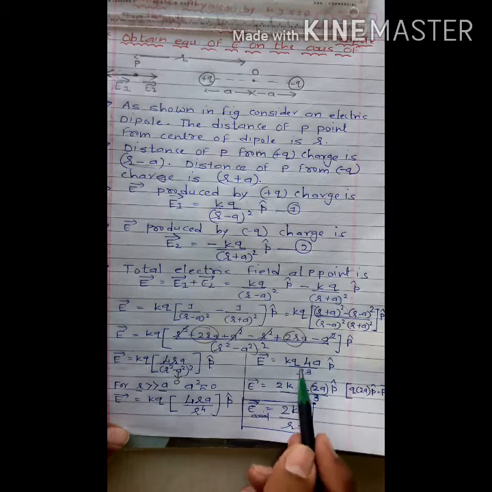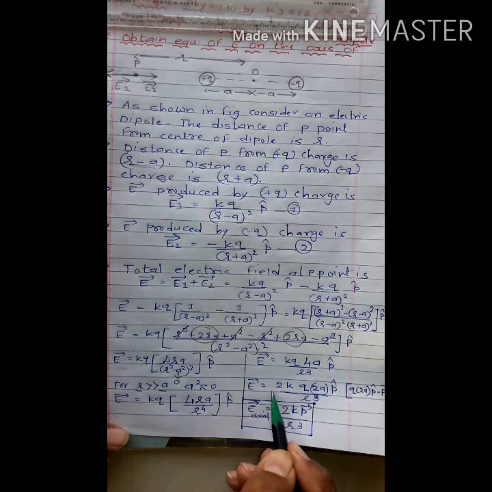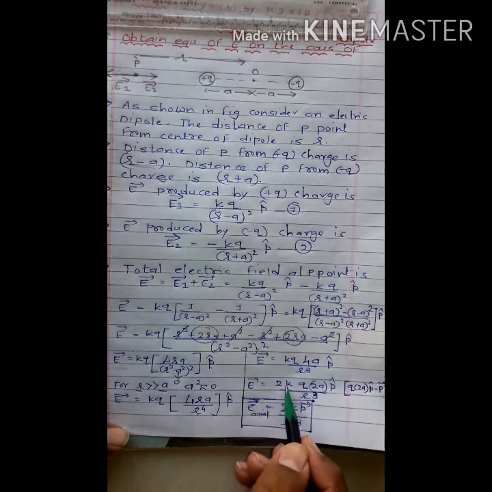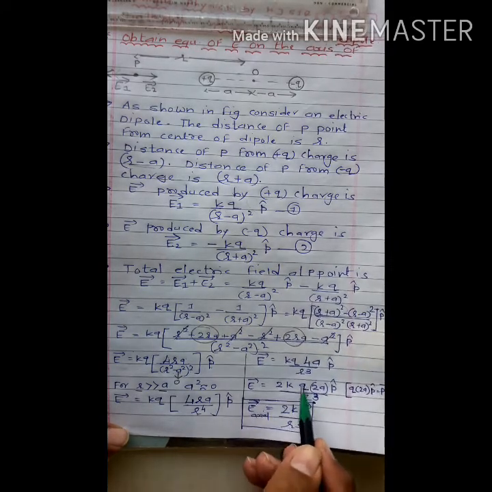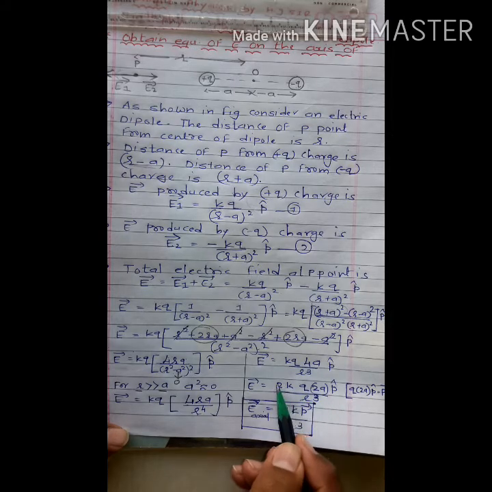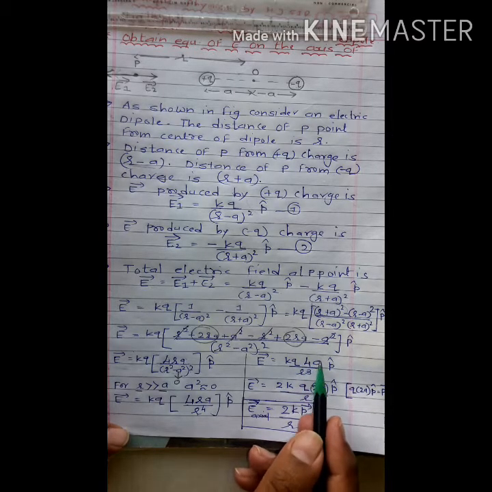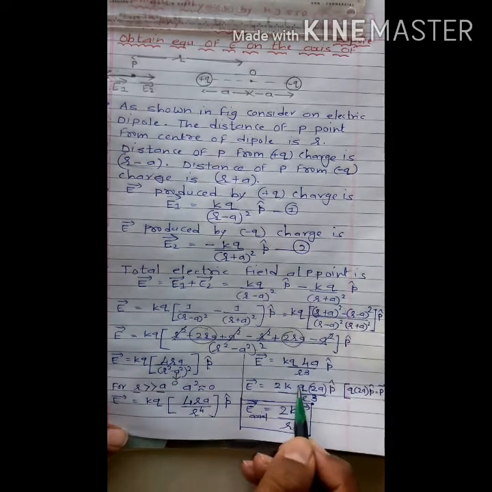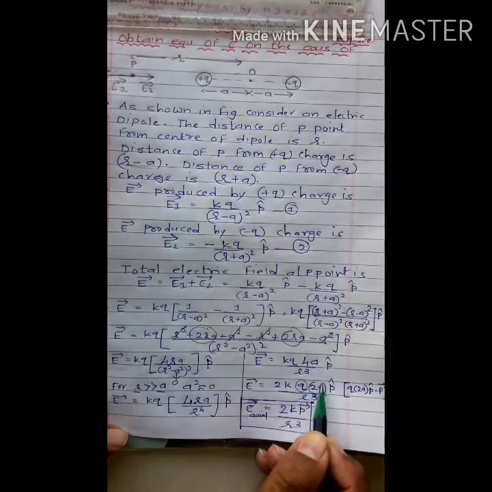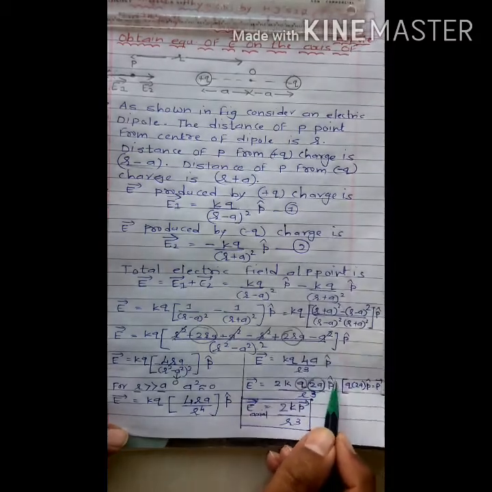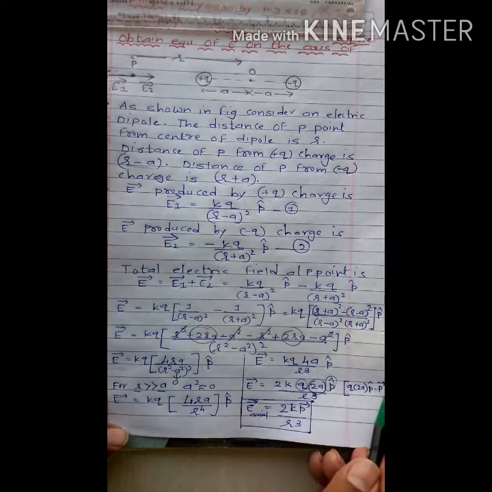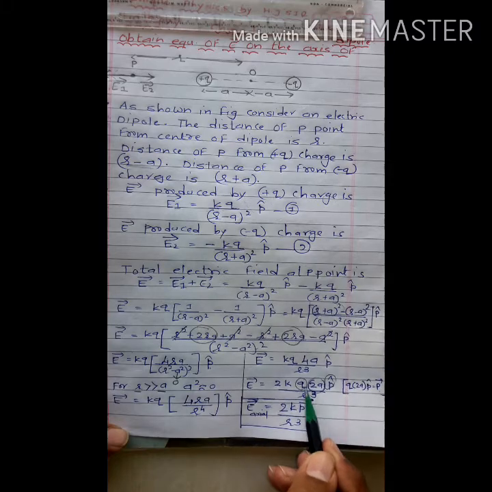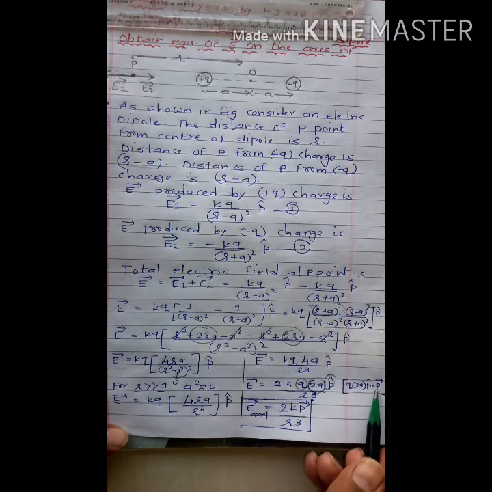Now try to arrange this equation in this form. So total electric field vector is equal to, 4 is equal to 2 into 2, so 2K into Q into 2A into P cap. Okay, 2 into 2 becomes 4. So here we will rearrange this equation in this form because here we want dipole moment. So Q, charge of dipole, into distance 2A into unit vector P cap. This is nothing but this is denoted by vector P. Okay, so instead of Q, 2A and P cap we use vector P.